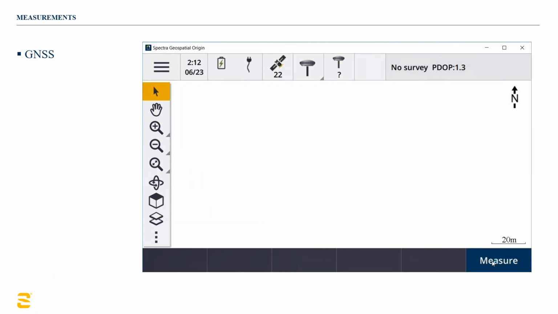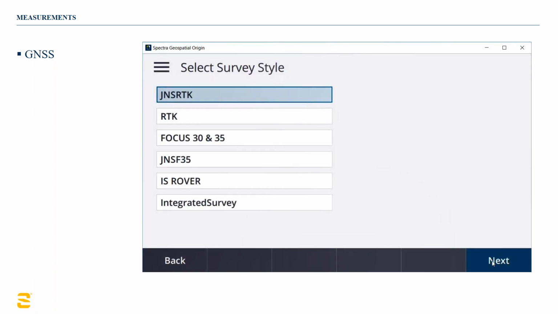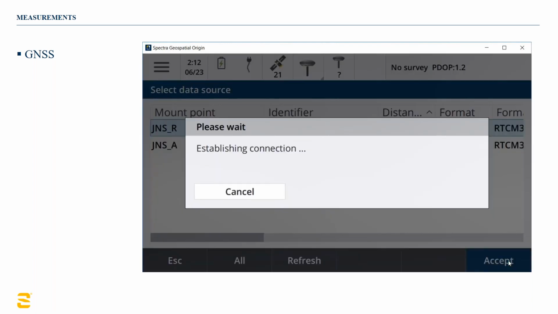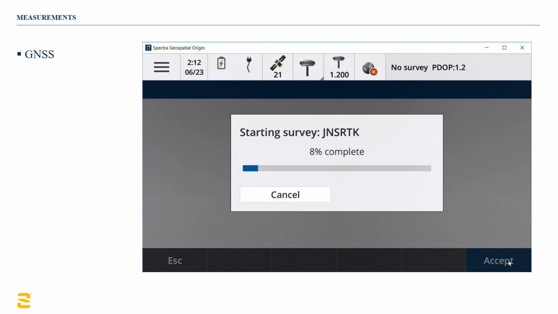So I'm in my main map screen. I want to now make a measurement with GNSS. You can see at the top, already connected. What style do I want to use? I'll use the same style we created earlier. It automatically goes out and finds my mount points and highlights the one that we were on last. So